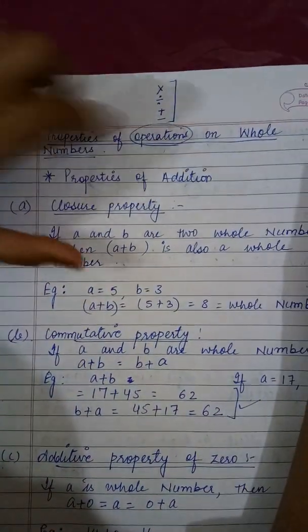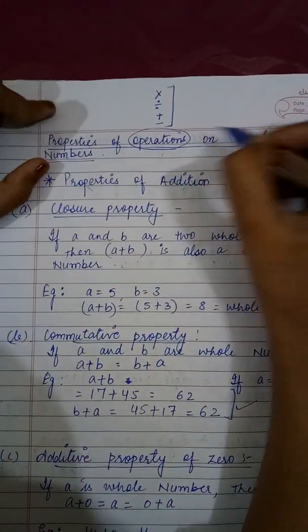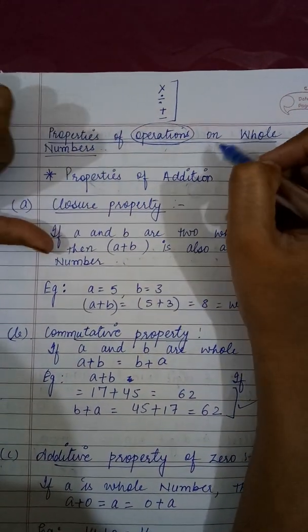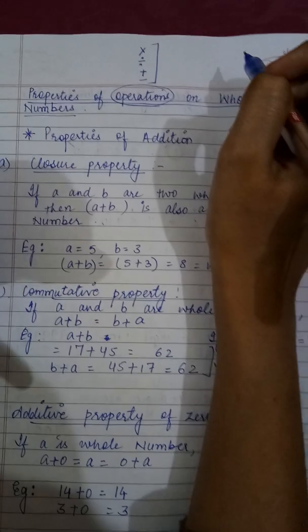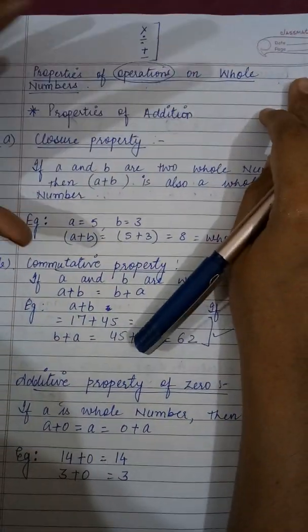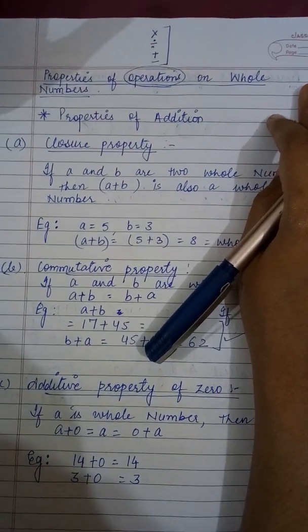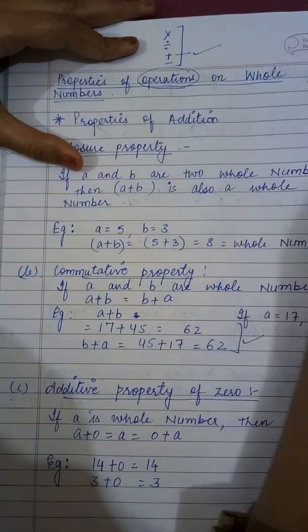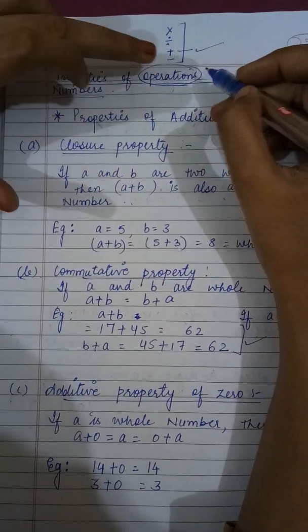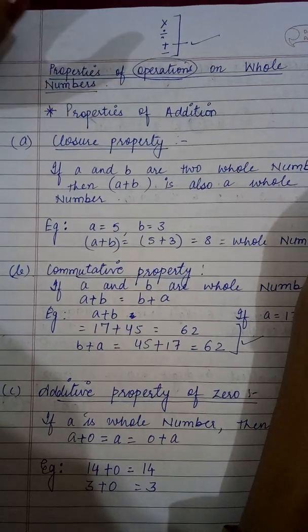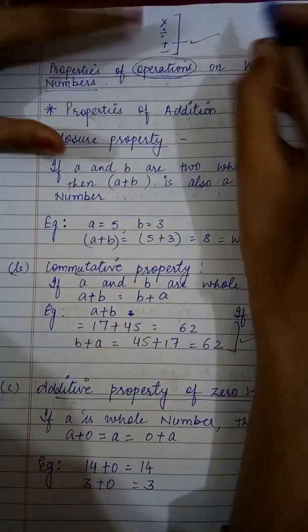These are the operations. How we are going to use the whole numbers using these operations and what are the properties of these operations, that's what we are going to learn, and how that's what we are going to understand also, right? So first, one by one we are going to understand them. Firstly, we are going to understand the properties of addition, then we will be doing the properties of subtraction, then multiplication, and then division. So now let's come to the properties of addition.